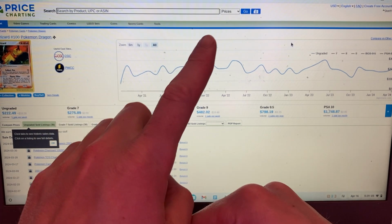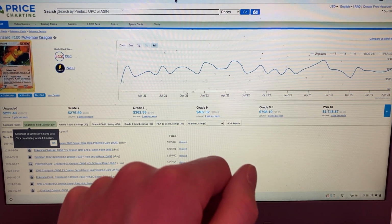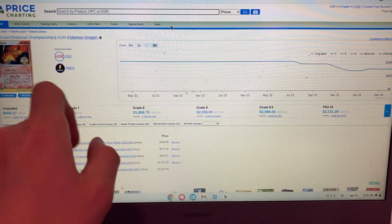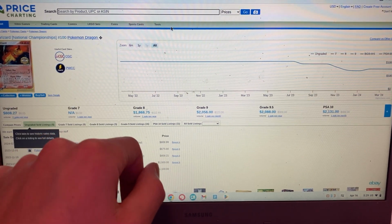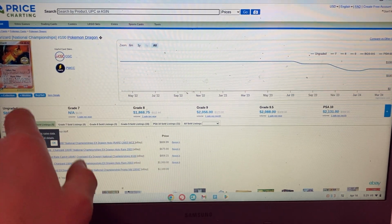Now, it's time for the number 1 most expensive Pokemon card from the EX Dragon series. And that's going to be none other than, who do you think? Charizard, but with a National Champion stamp. Yeah, that National Champion stamp makes Charizard go from $222 to